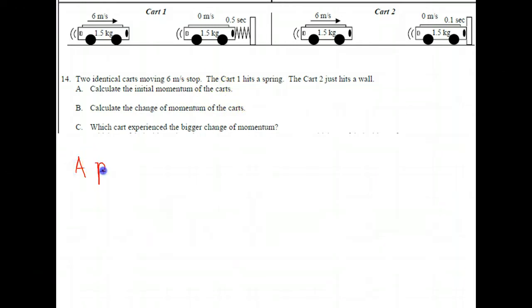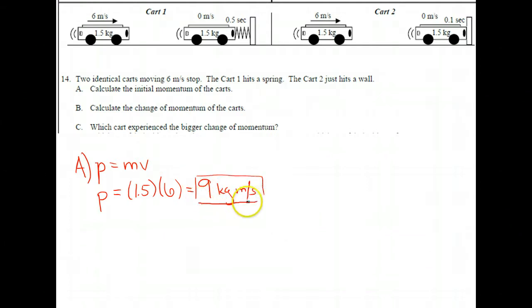Good. Momentum, we would just simply go mass times velocity, and the cart is 1.5 in both cases, in case 1 and case 2. And then they are both going 6 meters per second, so we would get 9 kilogram meters per second for A. Okay. Now, if they both came to a stop,